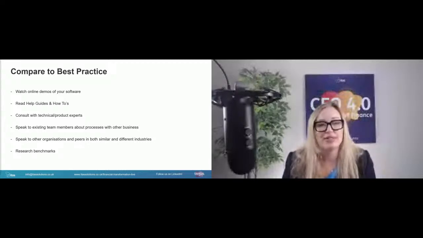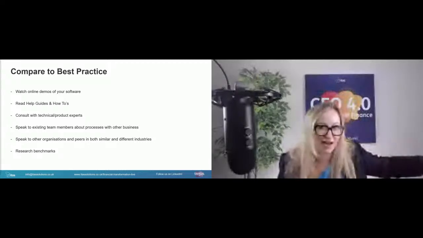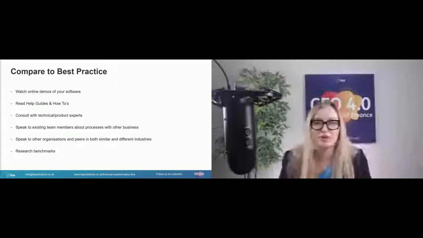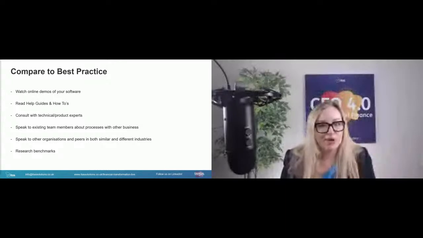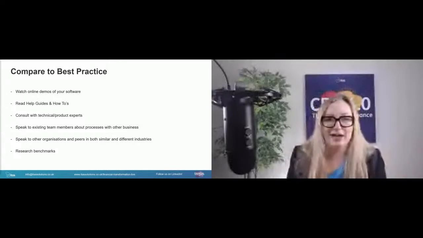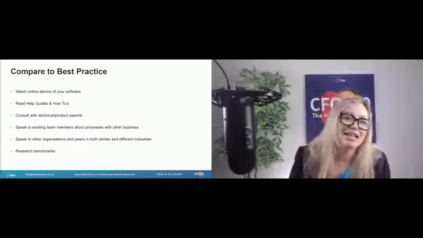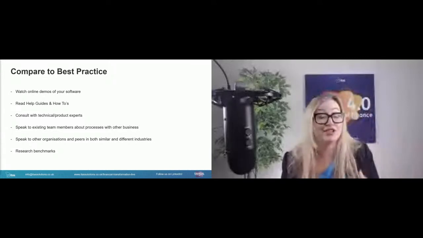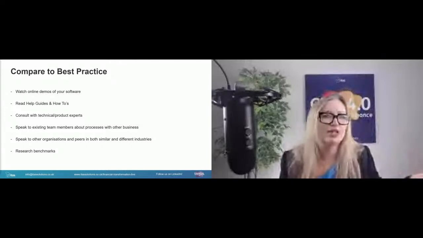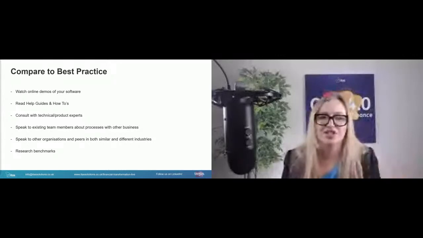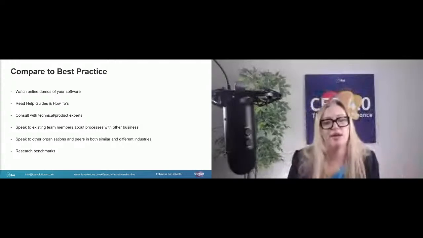Next thing is to speak to existing team members. So the first thing I ask you to do is go out and ask your team and your users, what do you think we should improve? Within most organizations, people have worked somewhere else and they may have liked something about how that organization works. They may not have, so that's where you get the feedback. But it's really important that you speak to individuals and say, well, that previous workplace you worked at, what did they do well? Were there any processes that worked better? Why was that? And just use the knowledge that your team have to drive what you're doing.